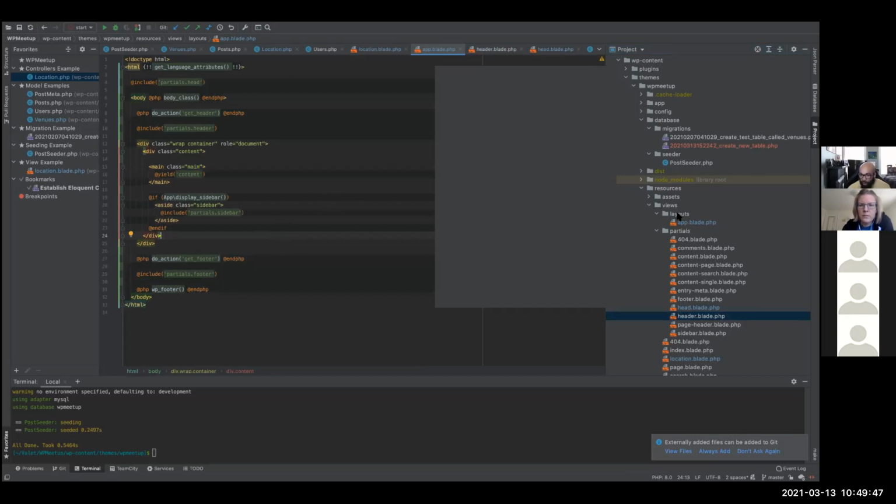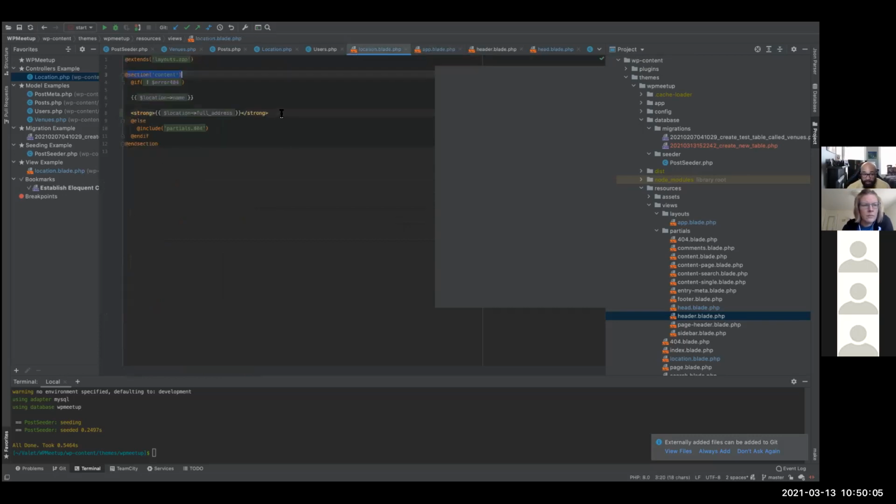You can just create a new layout that doesn't have the navigation in it, create a page template, and then use that one instead of this regular app. It makes life a little easier because you can pick and choose what you want to use when. Okay, thank you.